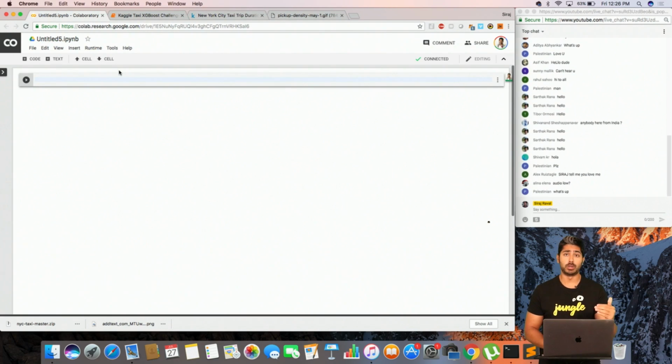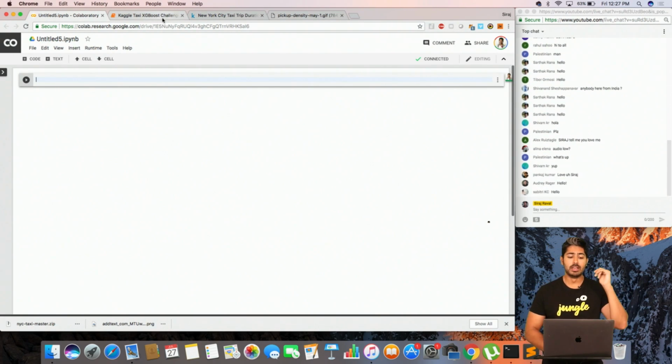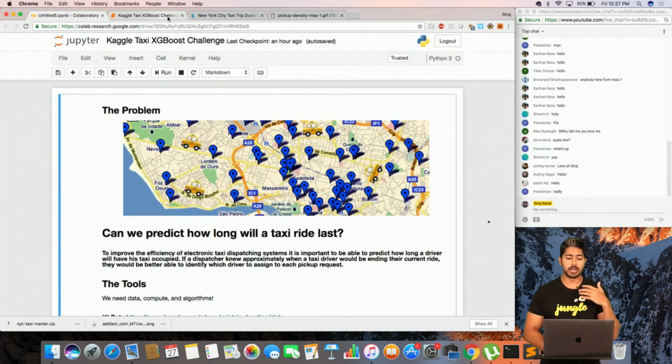So I'm gonna use some amazing tools, guys. I'm so excited to show you some tools. So first of all, Google's Colab, which I haven't talked about. We're gonna talk about that. We're gonna use some amazing libraries. It's gonna be a lot of fun.